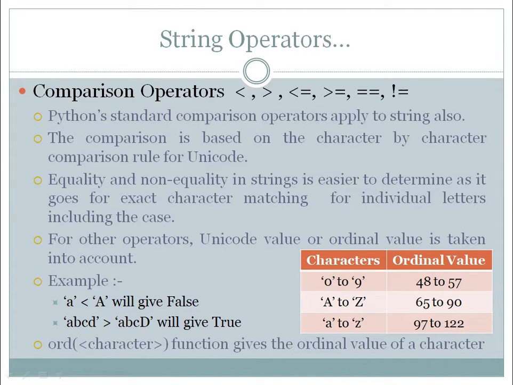The first mismatch in the strings will be checked, and then we will decide as per the ordinal value of that mismatched character which string is greater. If you want to know the ordinal value of any character, you can get that value by using the ord function. You write ord, and in brackets you provide that character in single quote or double quote. So if you write ord('0'), it will give you 48. Clear? It is very important to understand the comparison operators and the logic of comparison of strings.